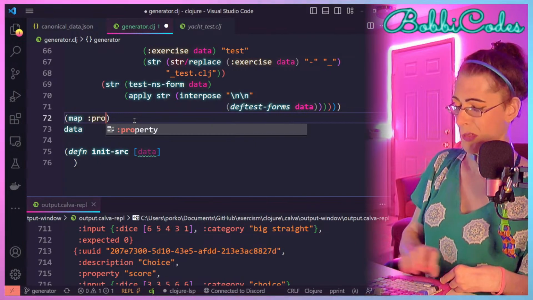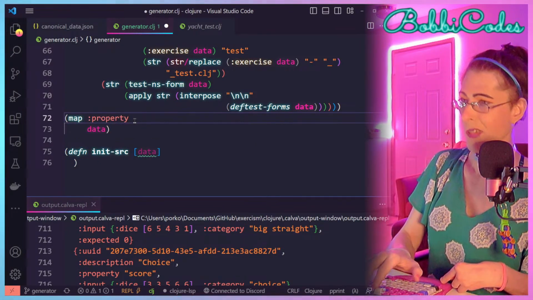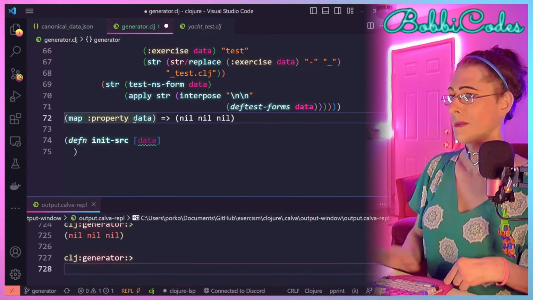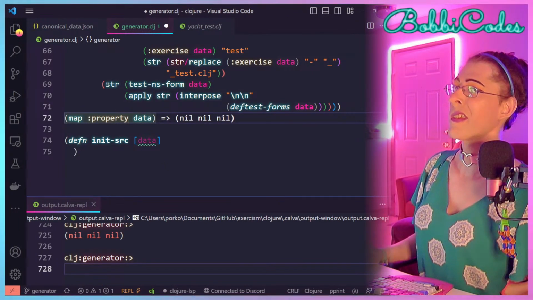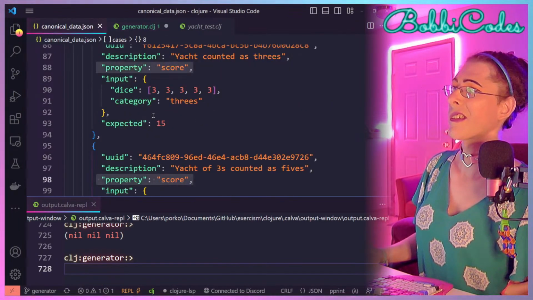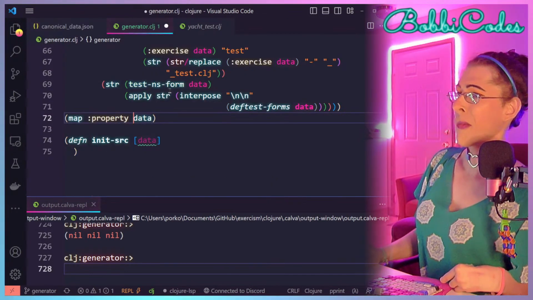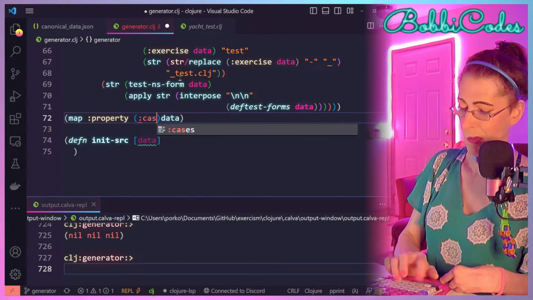Yeah, we changed the strings to keywords so that we can do this, which is so much easier. Wait, except that's wrong. It's inside cases, I guess. So we'll map property on cases data.